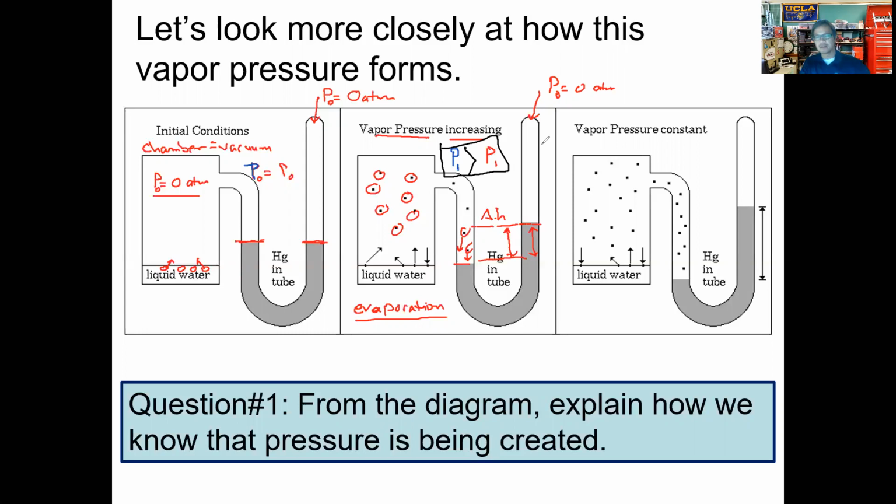So what I would like you to consider is what's happening in the last frame here. We talked about the initial condition, where pressures are equal. In the second frame, the pressure starts to build on the left-hand side, and so it pushes down in the column. The last question I would like to ask you is, what's happening in this third frame here? I'd like you to answer that, and then we'll pick up with this discussion tomorrow. The third frame is obviously not like the second frame, so there are differences. Explain what that difference is, and please make sure you write that down on your paper.